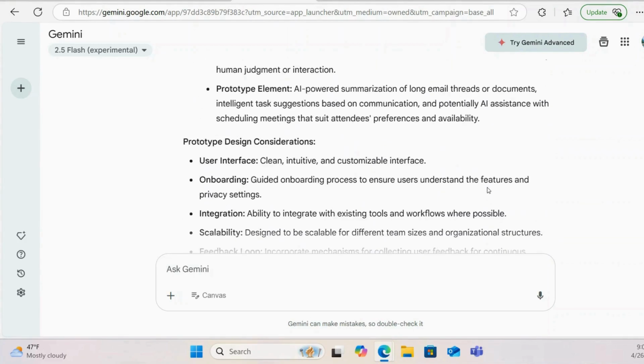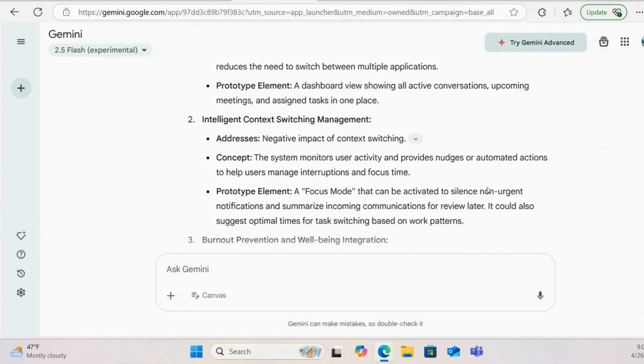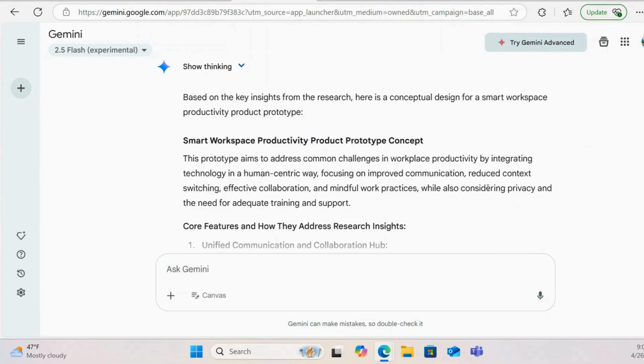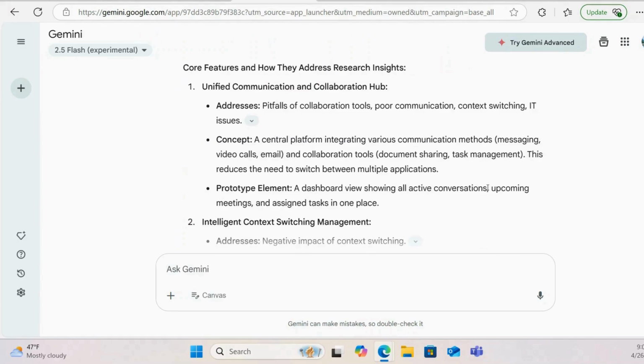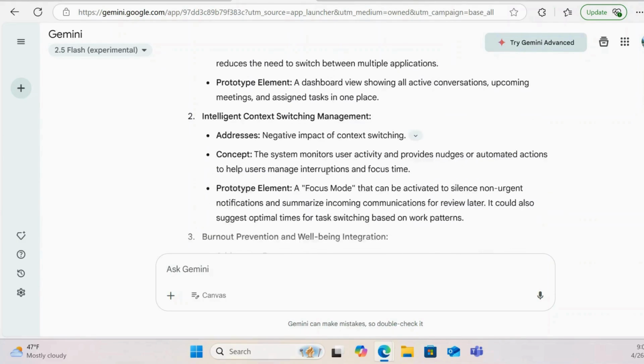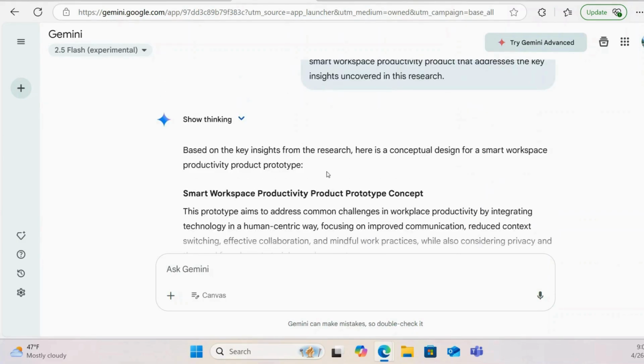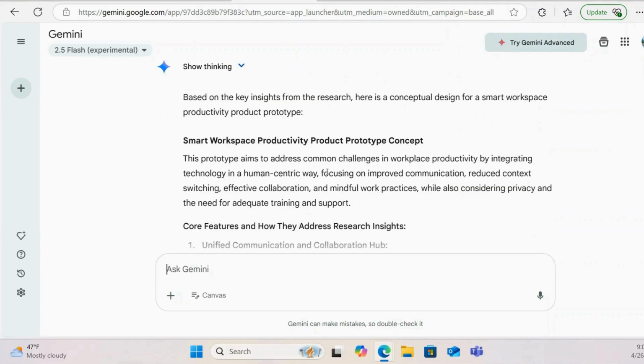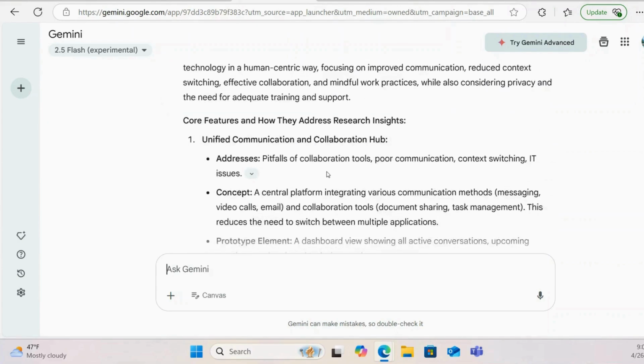So it's actually pretty cool. It actually gave us a pretty good example of a working prototype concept, which is pretty interesting. So it really gives you some really good insight. And again, you'll notice that we're using Gemini 2.5. It's experimental, but I have to say that this is pretty impressive. This really does give you a really good concept of how to go ahead and generate a productivity prototype. But again, this could be applied to virtually anything. At the end of the day,